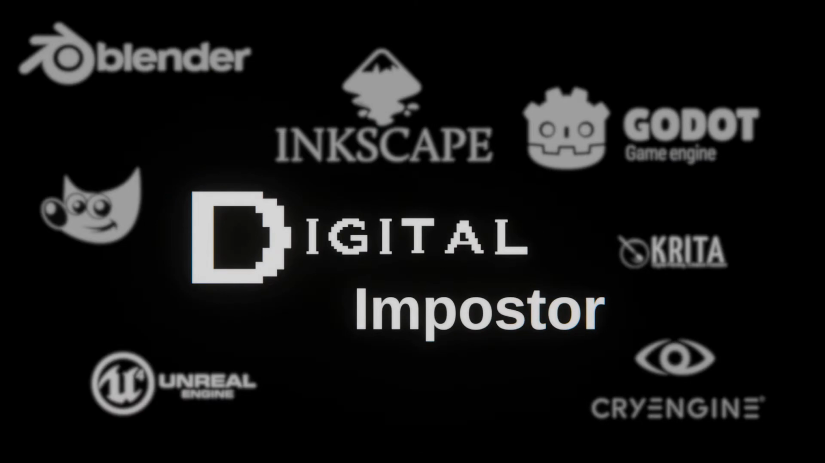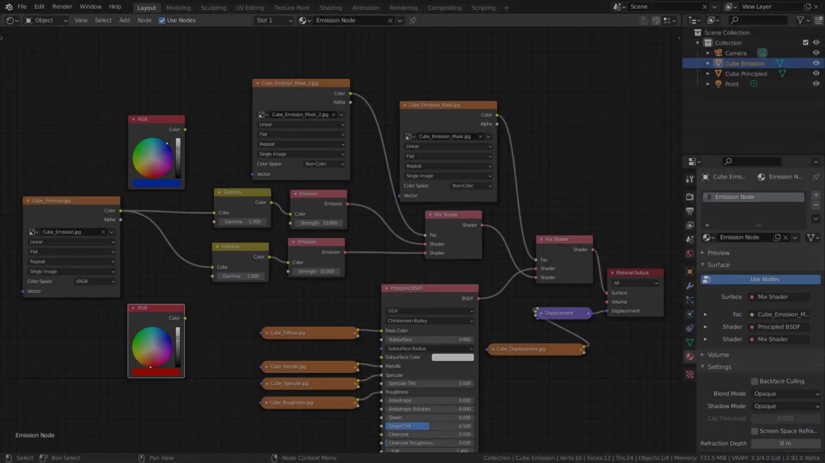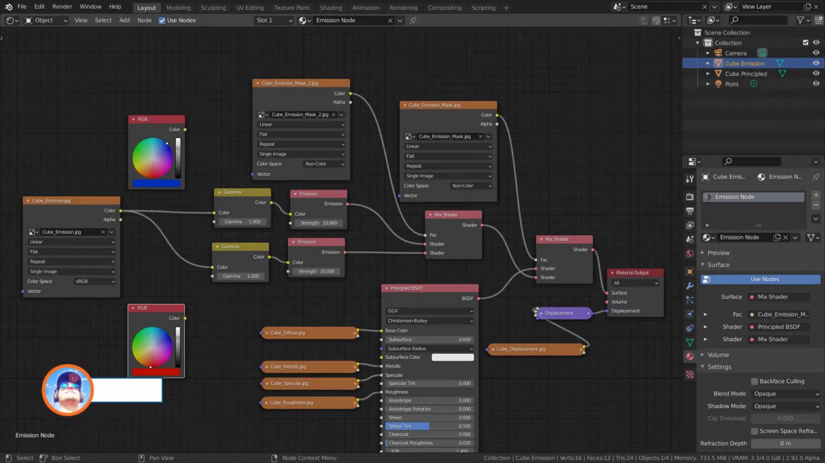Welcome to Digital Impostor. The first method is very simple and very obvious. Inside your material, you will add two emission nodes and then you will add a mix shader. Those two emission nodes you will connect to the mix shader, and then you will add the image texture node. You will open your emission texture mask, and then connect the image texture node to the factor in the mix